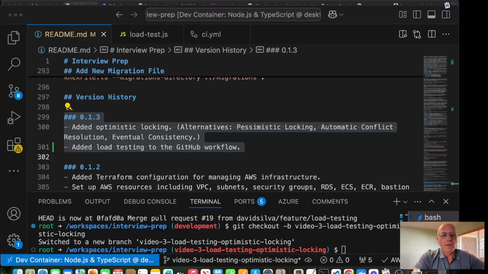And load testing was something that someone in the comments for the previous video asked about. So I wanted to add that. And as I was thinking about load testing, it led me to think about locking. Basically, what happens if two users are making changes to a record at the same time? And I thought, oh, yeah, I didn't really account for that, did I? And that led me to add